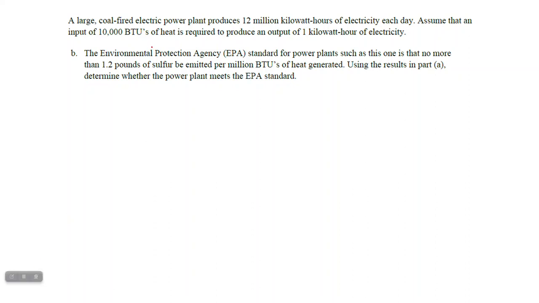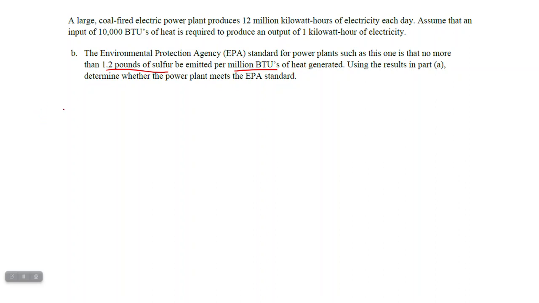So our next question is now talking about this coal-fired power plant. And we're looking at the fact that there are standards that only 1.2 pounds of sulfur can be emitted per million BTUs of heat generated. So using the results that we've got in Part A, we need to determine whether the power plant meets the standards for the EPA. So for that, what we need to do